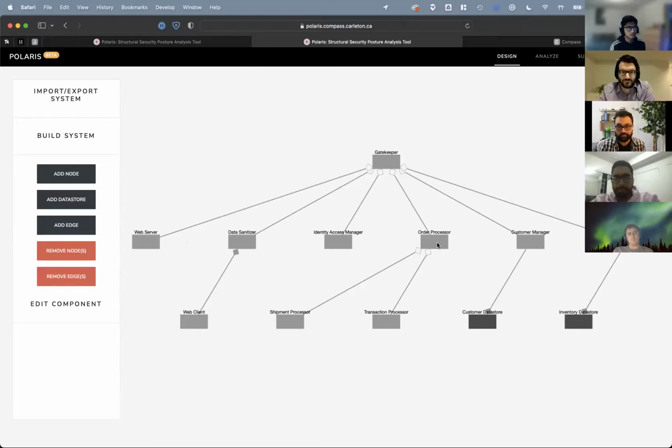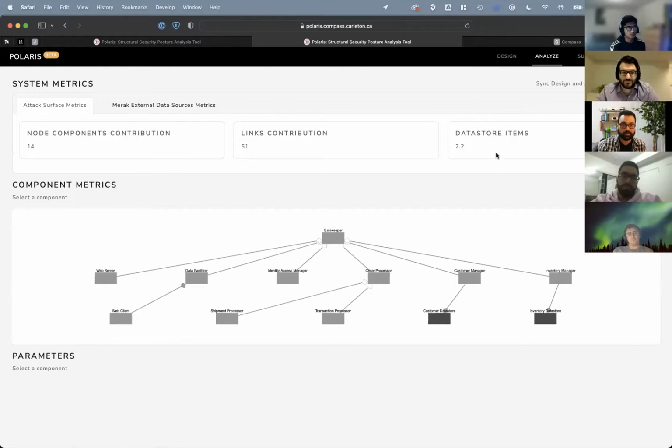We can see things like a web server, but also data stores, like a customer data store, which can have varying degrees of information in terms of what's important and what's not. So all of that is taken into account before iterating on the design and making it at least an adequately secure architecture. So this is an example of how that tool can help.